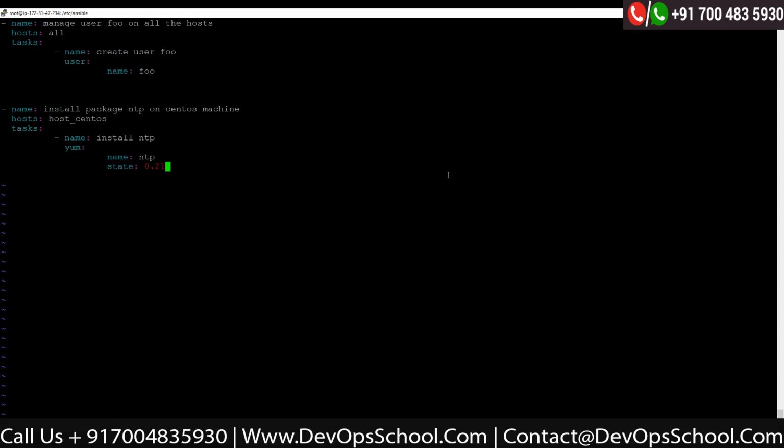Ansible runs this command, and NTP has to be installed at a certain version, but when this task runs, it finds an NTP version installed already. Doesn't matter which version, this task will not be executed. So Ansible will say, okay, I already found that NTP is installed. So now if you want to force